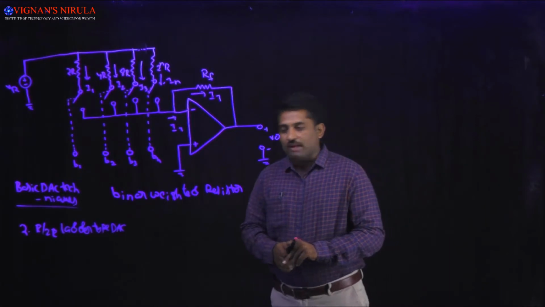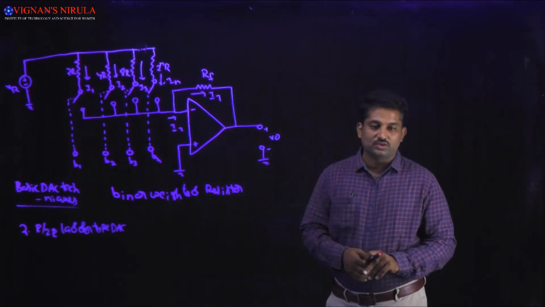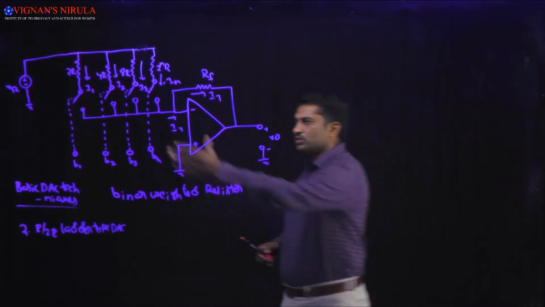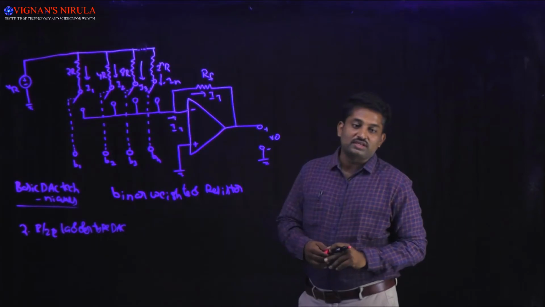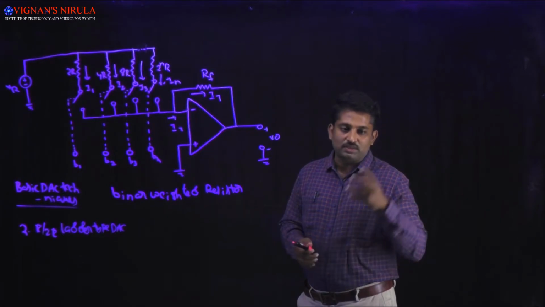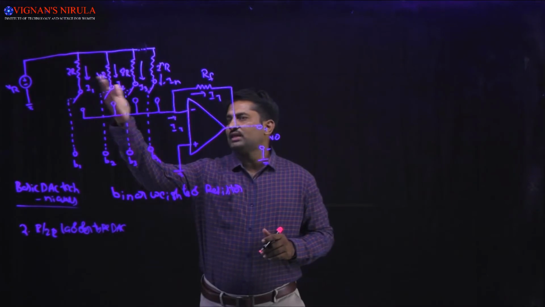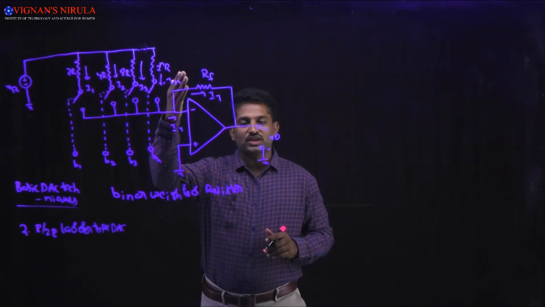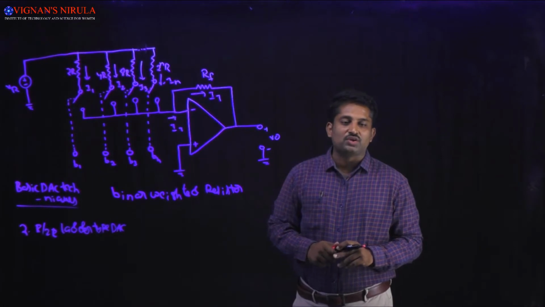Such types of digital to analog converters are called current driven digital to analog converters. Now first I am going to discuss the binary weighted resistor technique. Here we use shunt resistors. N shunt resistors are used, depending upon the number of input bits, and in this case the shunt resistors are used to